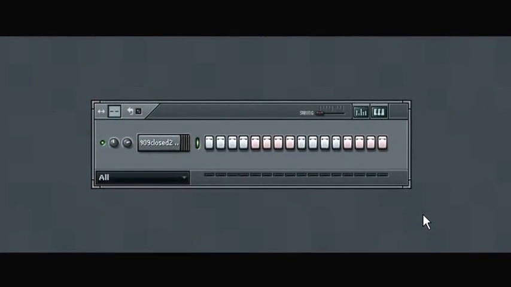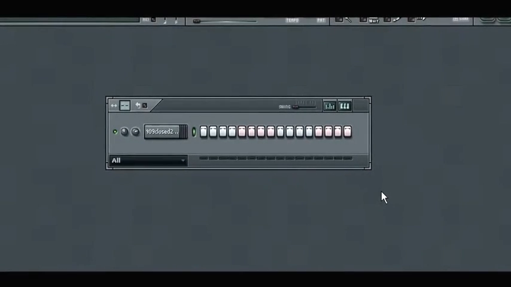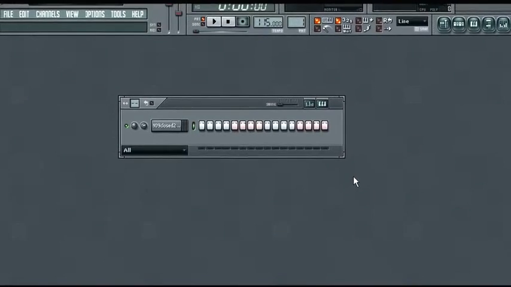Hi, and welcome to the tutorial on working with the step sequencer. There isn't too much to cover in the step sequencer since it's pretty straightforward. You add notes, you remove notes. But there are a few things that I want to show you to give you some ideas to enhance working